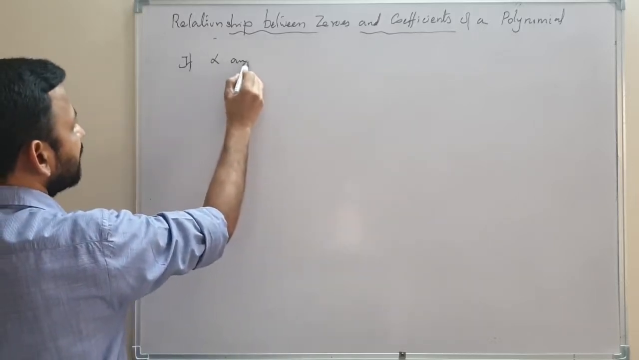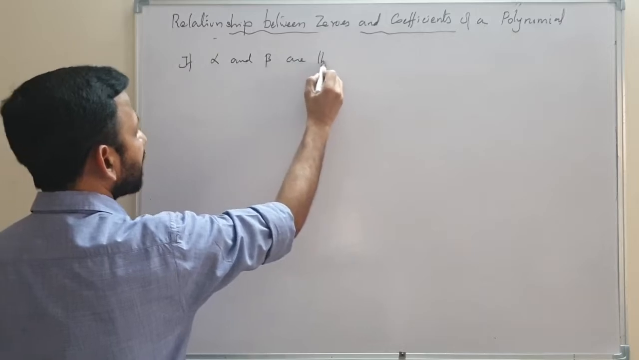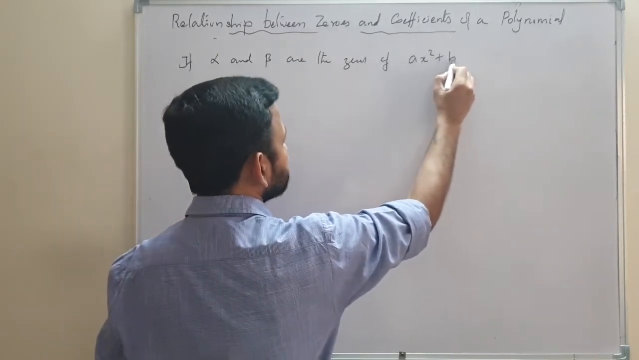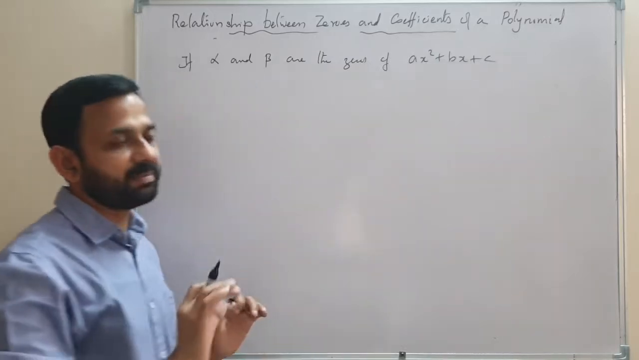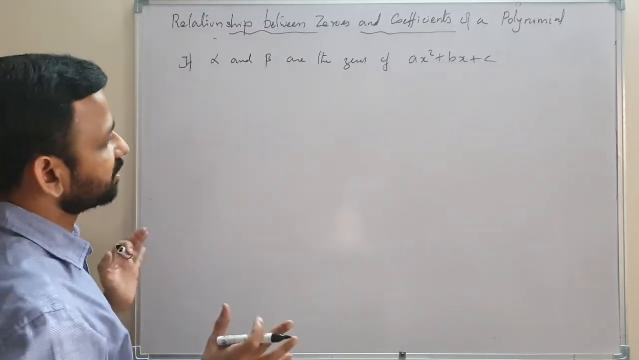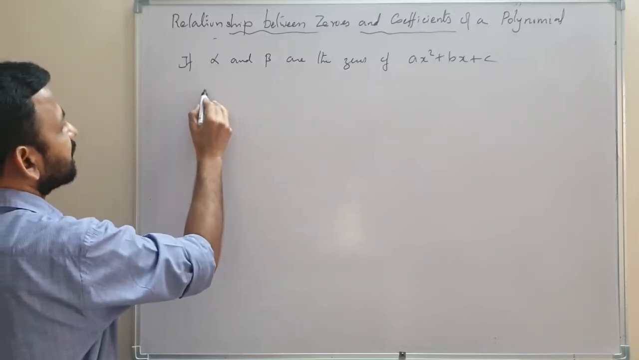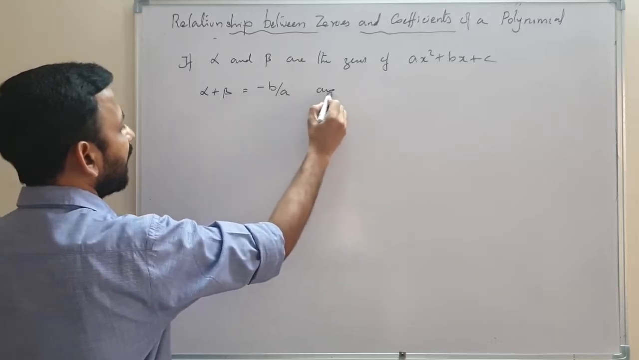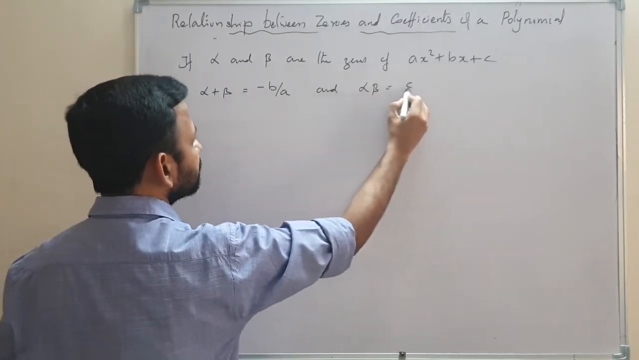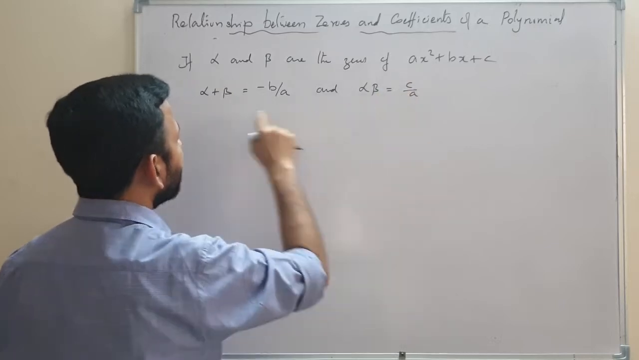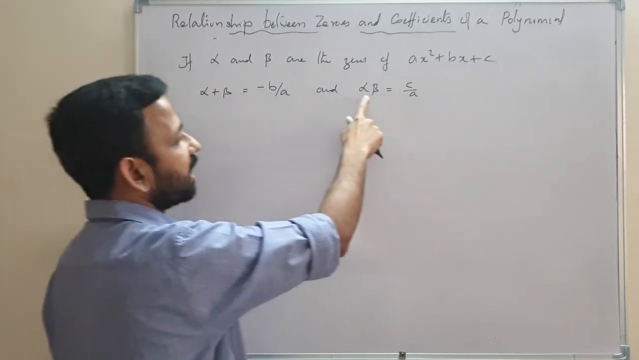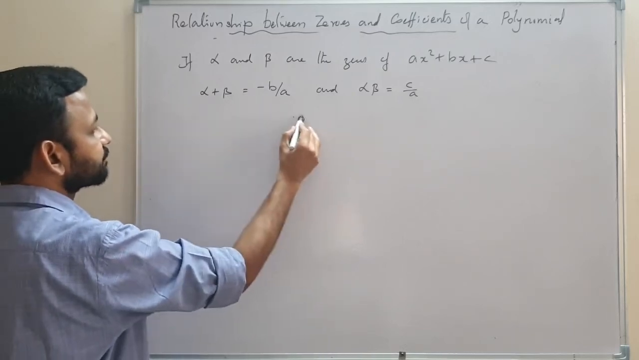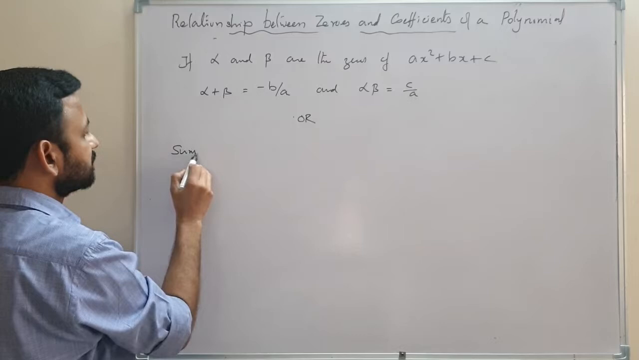If alpha and beta are the zeros of the polynomial ax square plus bx plus c, then alpha plus beta is equal to minus b by a, and alpha into beta equal to c upon a. Alpha plus beta is minus b by a, alpha beta is c by a, or we can write the sum of the zeros,